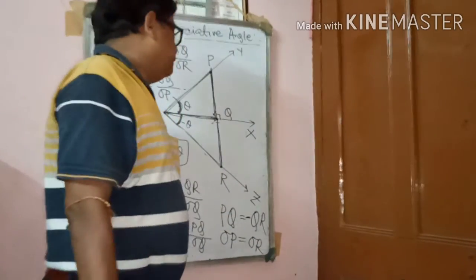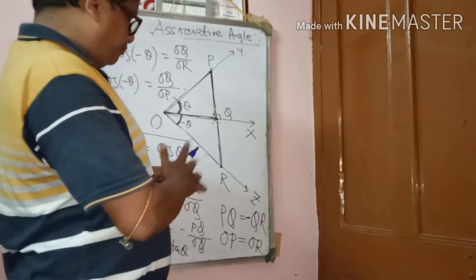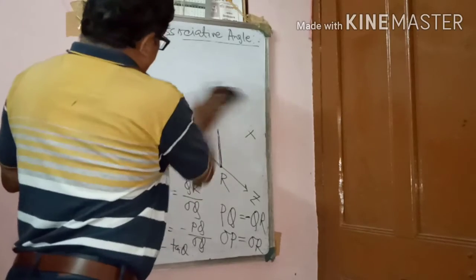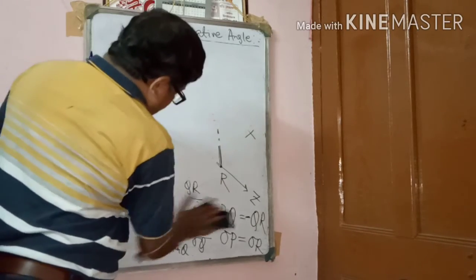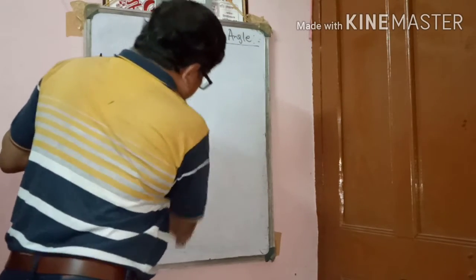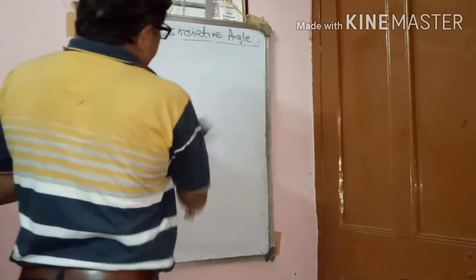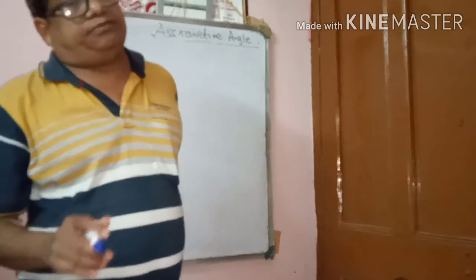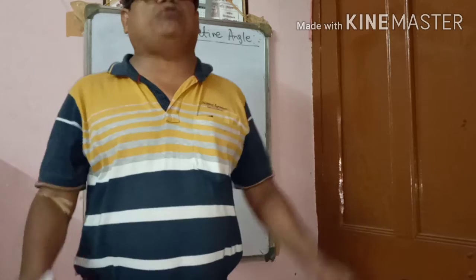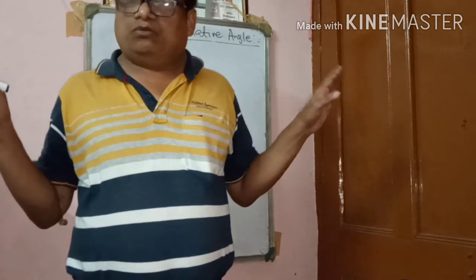Now, again, all of you know the linear graph. We learned it in class 9. Suppose 2x plus 3y equals 6, or 3x plus 4y equals 12. All of you know the graph will always be a straight line.